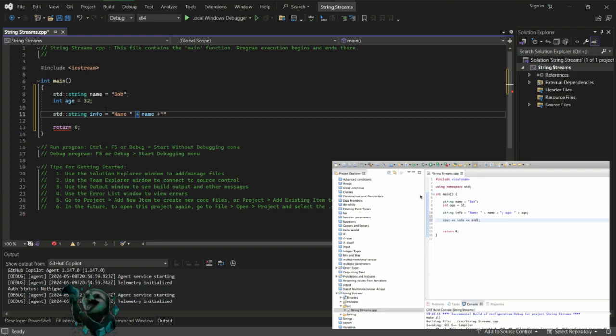Space. He is. He's doing 3. Why 3? Weird. Yeah. And then